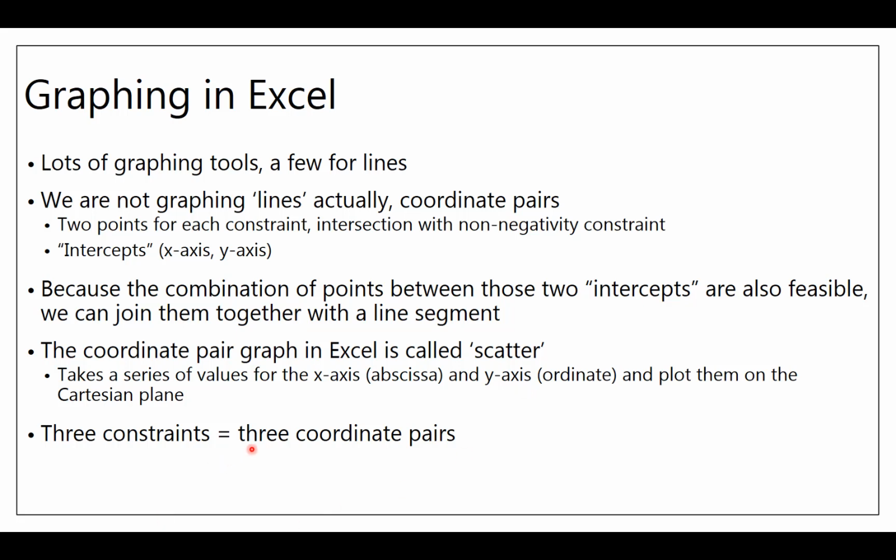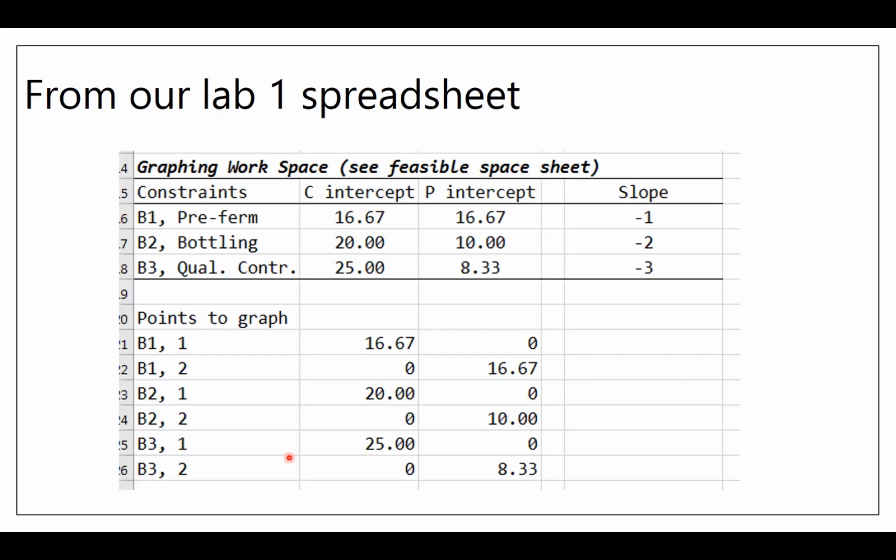That means we'll be plotting, or if we have 3 constraints, we'll have 3 coordinate pairs. And in the example I'm going to use from the first lab, here we do have 3 constraints. So that I think this is the